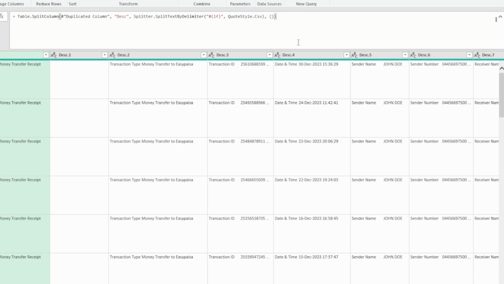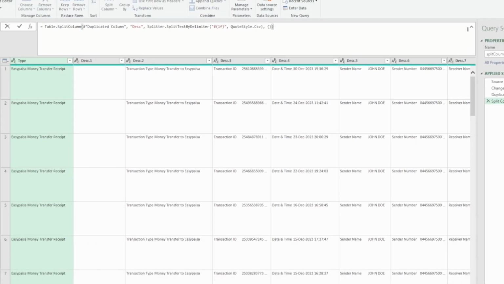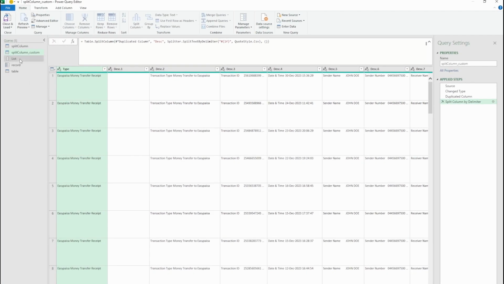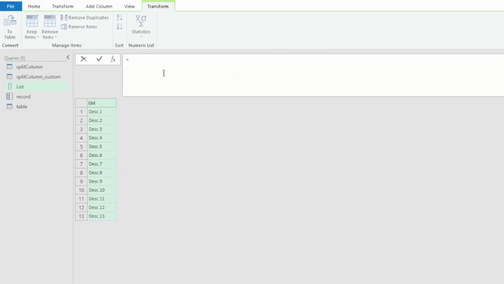We can use list structure to generate a list of columns. Let's create a blank query to demonstrate how to use it. We already have our list query here, so I'm just gonna remove this. So we already know that the list can be generated through curly brackets. So if you want a list of items or multiple items, you can use this syntax here, and this will give you 1 through 15.